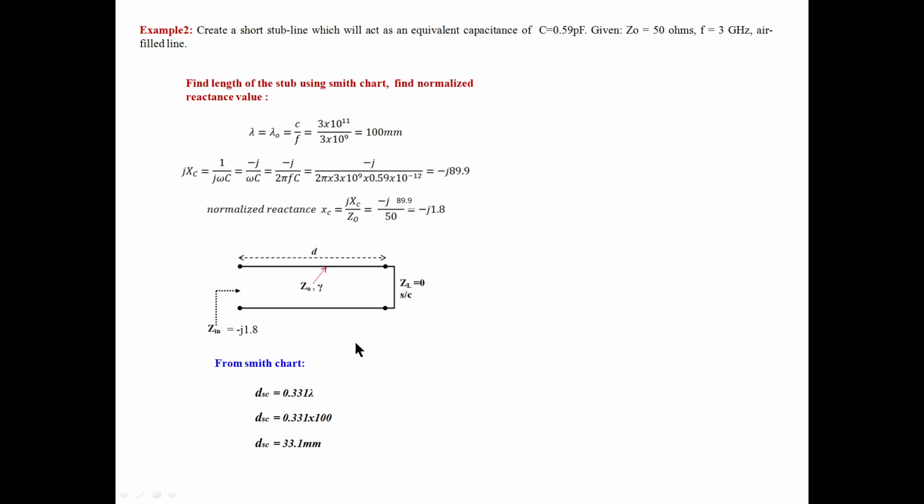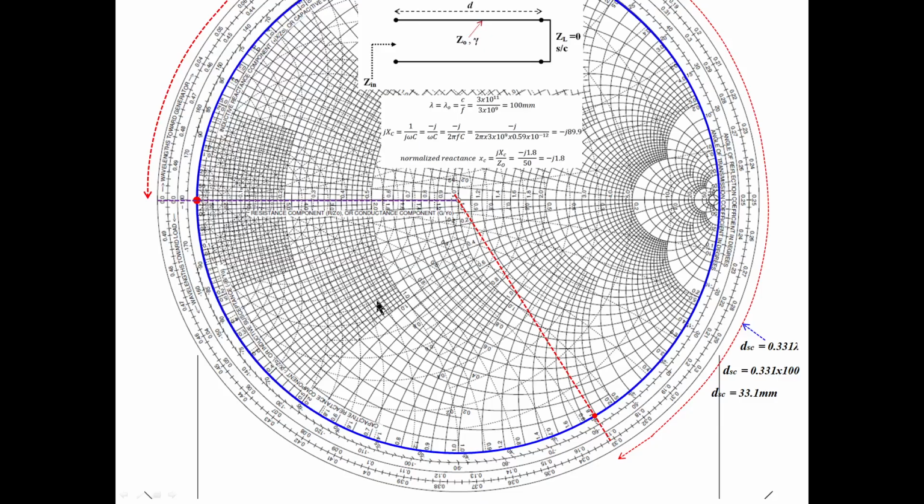So the capacitor or inductor value we get depends on this length. Based on the length, or based on your value of capacitor or inductor, you get the length. How to get the length? It is easy from the Smith chart. Just start from the short stub, meaning you start from here and move to whatever reactance value you need, up to that value you move and stop.